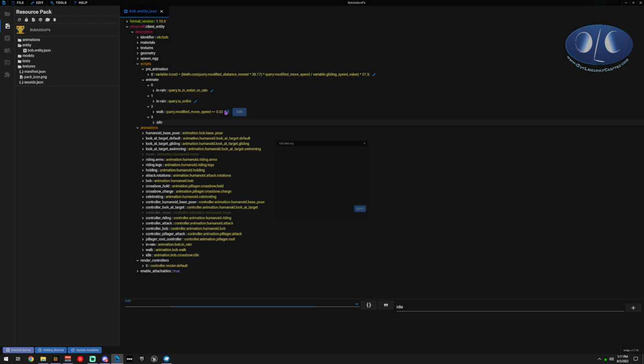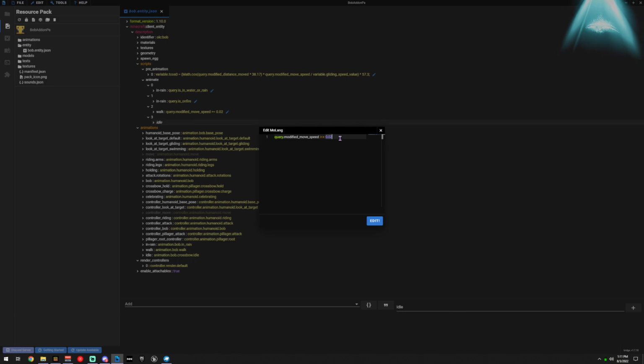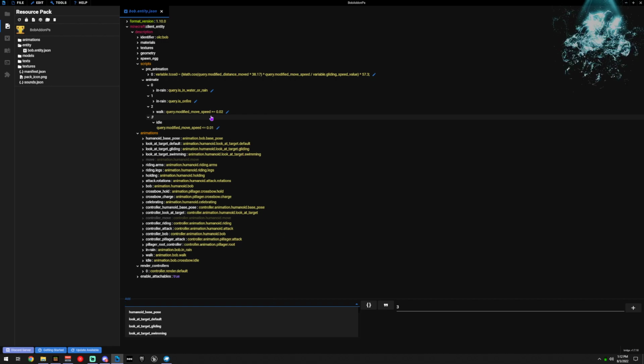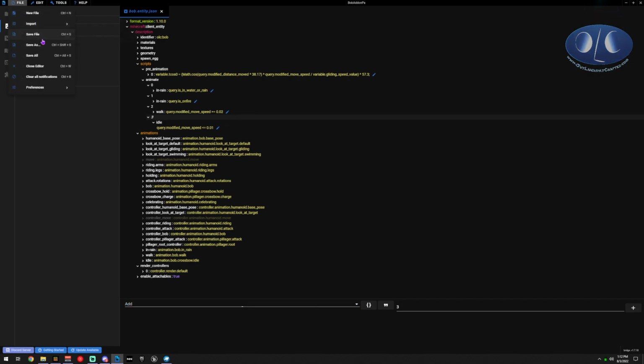And what we're going to do is we're going to invert this to say, if we're doing the opposite of it. Now, it's less than or equal to, so it has to be a different number. We could say less than, but if it's less than or equal to, it's this number. So you don't want to do both at the same time. So if it's less than or equal to 0.01, then we're going to play idle. And this is the cheap way to do it. This isn't the best way to do it.